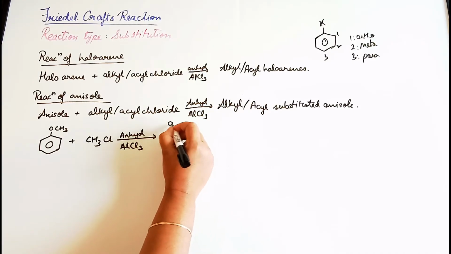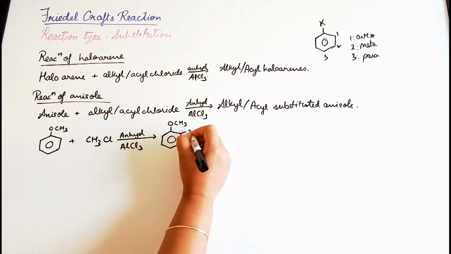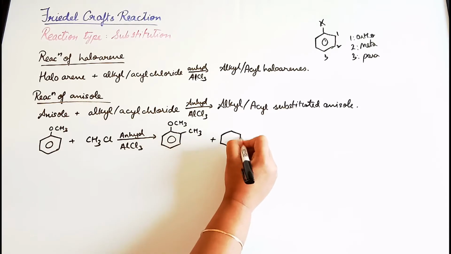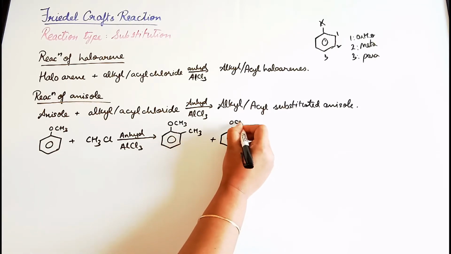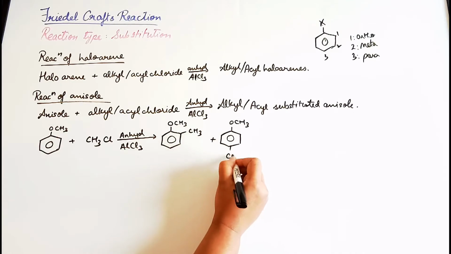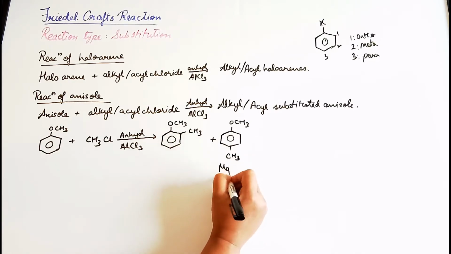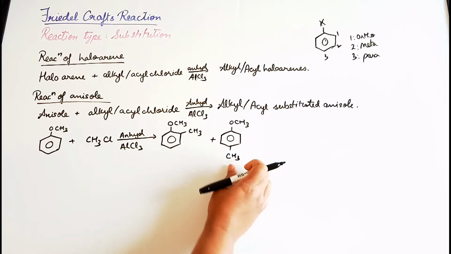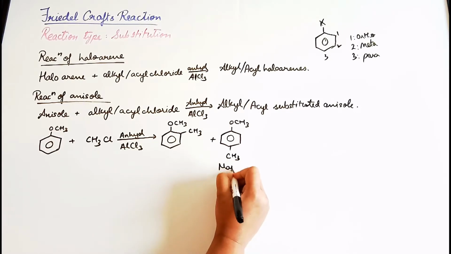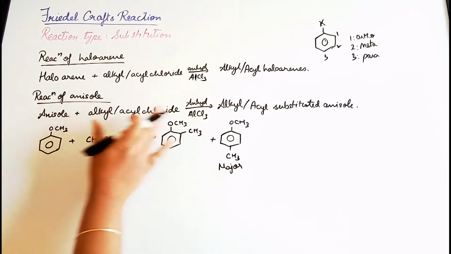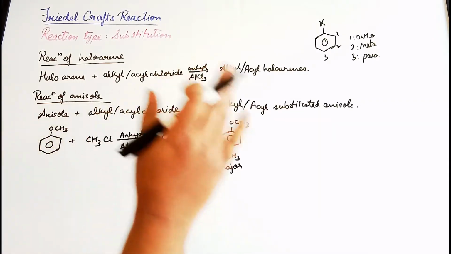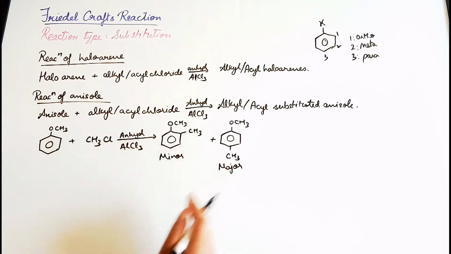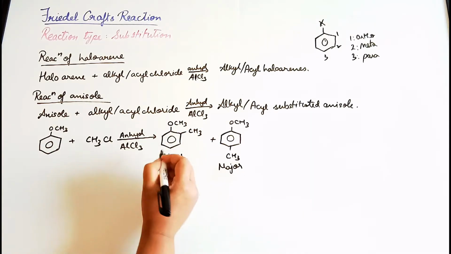Based on whatever we studied for the previous reaction, which of these products do you think is going to be the major one? If you guessed para, you are right. This is because para, in this case as well, will have no steric hindrance, whereas this will have steric hindrance between OCH3 and the methyl group. So this becomes the minor product, whereas this becomes the major product, and this is called